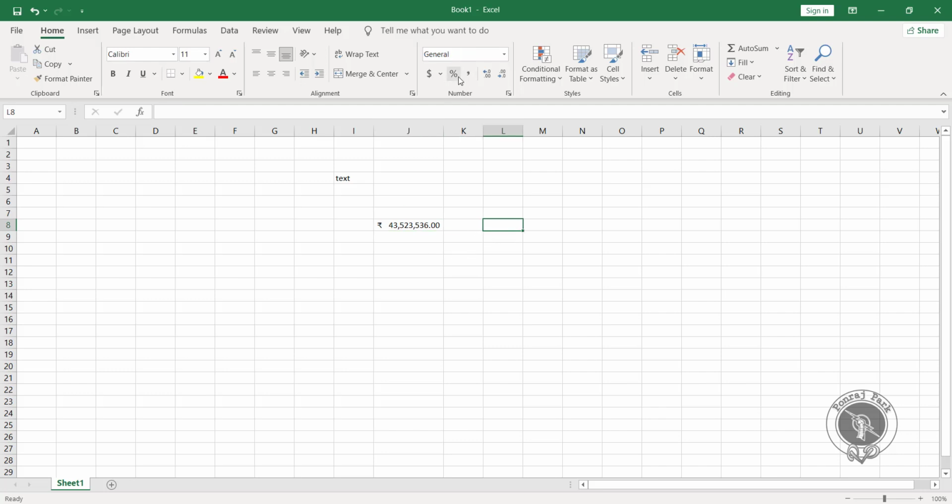Next we have here the percentage. For example, I'm entering a number here and I want to convert this into percentage. In Excel, specifically, it will multiply that number by 100 and then give you the percentage. So if I enter 1, it will multiply 1 with 100 and give you that percentage. If you want a percentage of 50, enter 0.5. Now if you convert that into percentage, it will give you the correct percentage. This is how the percentage is calculated in Excel.